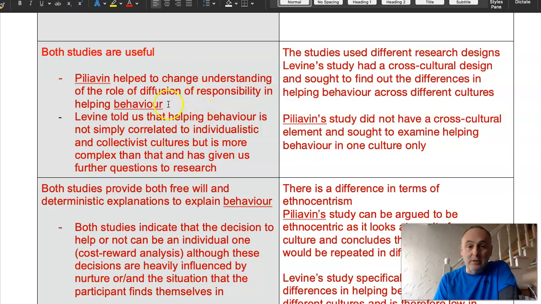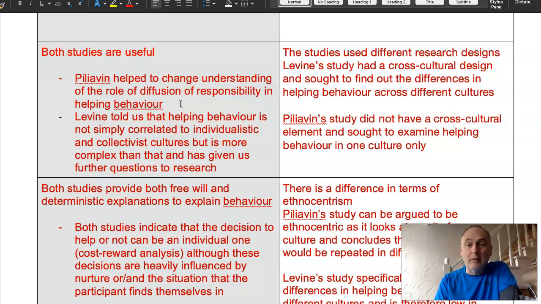In this particular situation, I've used a slightly different way of going about it, and I've talked about the explanations that they give for behaviour. So that's another way that you can think about usefulness as well. So both studies are useful. Piliavin helped to change understanding of the role of diffusion of responsibility in helping behaviour. Okay, remember before Piliavin came along, there was this